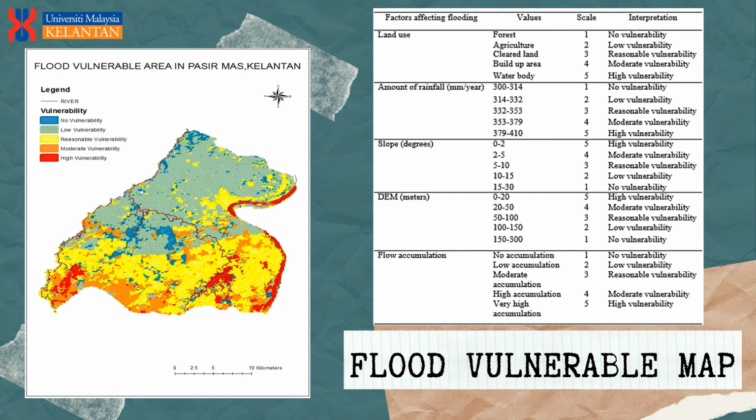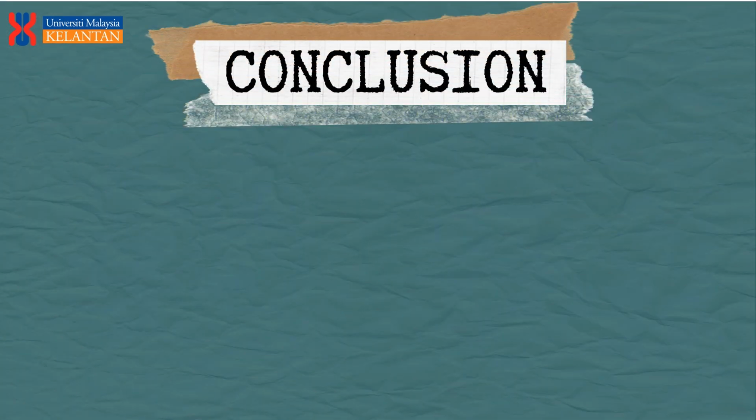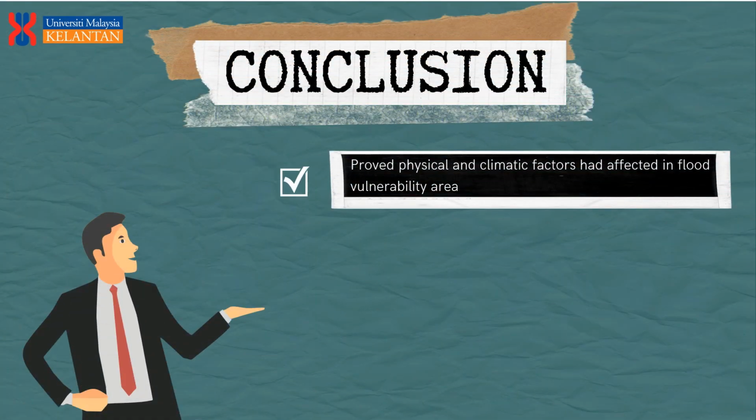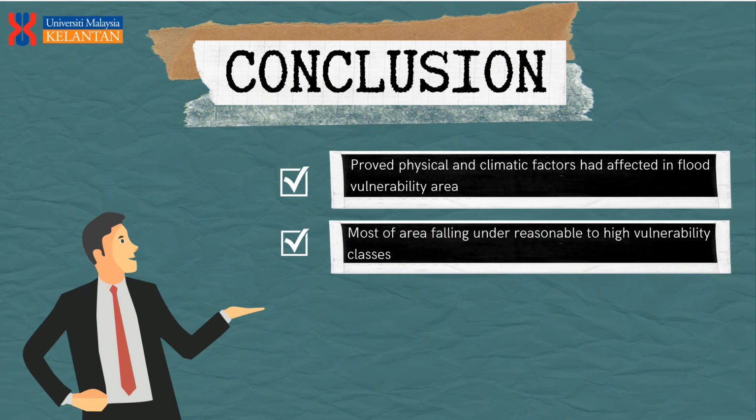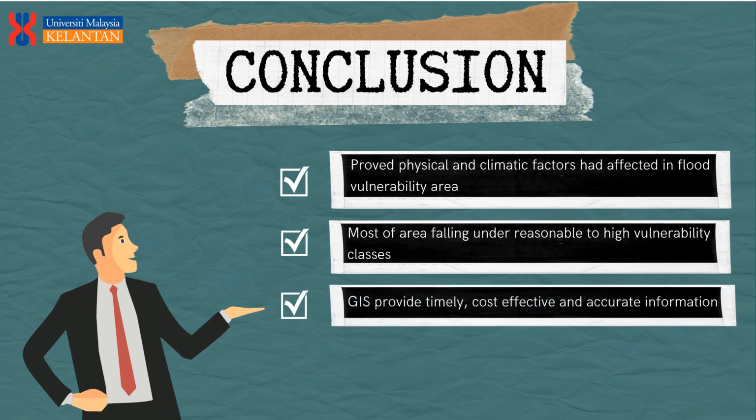The flood vulnerable area from reasonable to high is mostly within the built-up or development area. Based on previous research, mapping flood vulnerable areas has been done successfully using GIS, and the map was used for evaluating the impact of the floods. Based on this study, it was proved that the physical and climatic factors had an effect on the flood vulnerable area. For the flood vulnerability map, it can be observed that most of the area in Pasemas falls under reasonable to high vulnerability classes. This study has been conducted to assess the area that was